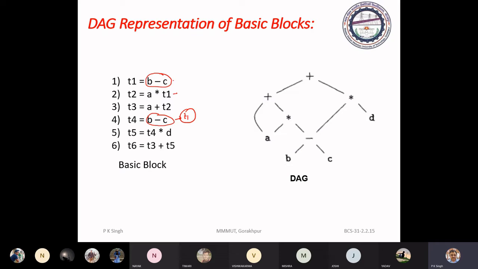They are just using the value of T1. So you can remove this computation and use T1 in place of T4.